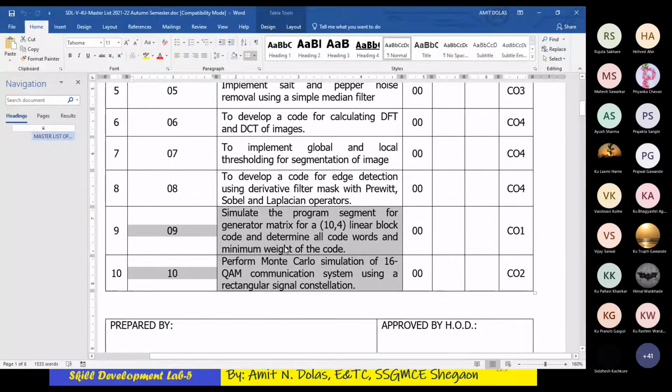On the basis of that third unit, we kept 2 experiments here: simulate the program segment for a generator matrix of 10 by 4 linear block coding and determine all code words and minimum weight of the code, and perform QAM Monte Carlo simulation of a 16 QAM communication system using rectangular signal constellation.